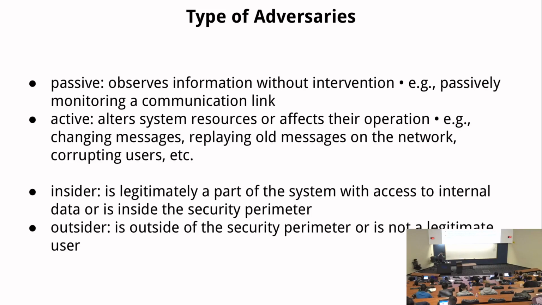Going back to adversaries, there are many different types of adversaries. There are passive ones, active ones, especially in network security. You will say those concepts come up a lot. A passive attacker, basically, only observes information. They do not actively send out messages. Then an active attacker will actively alter the system, will actively send out messages.